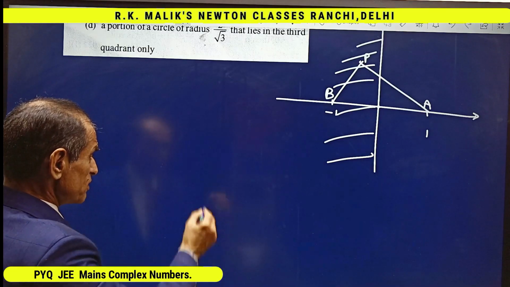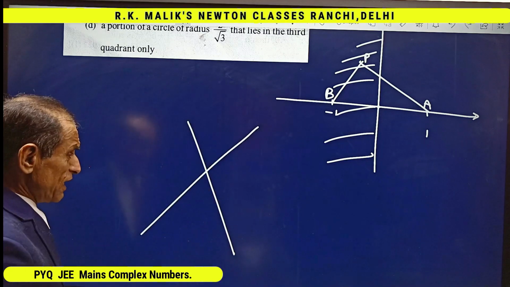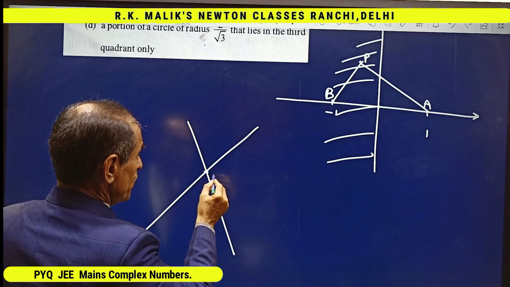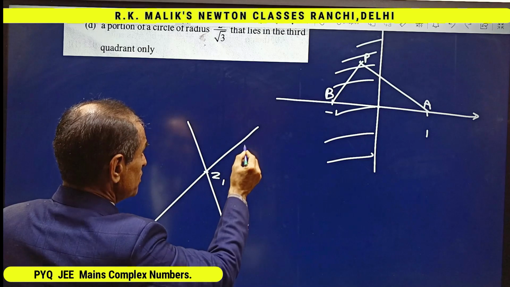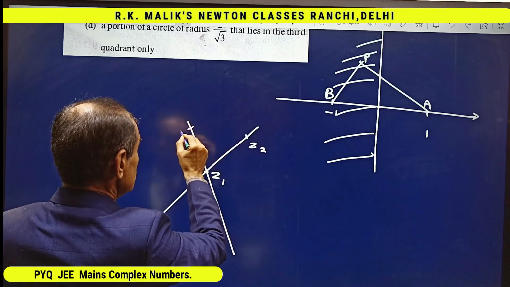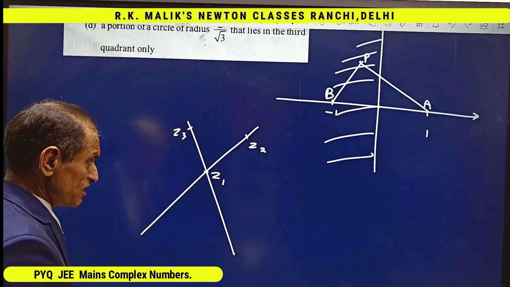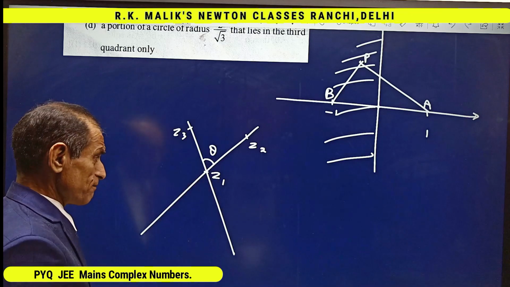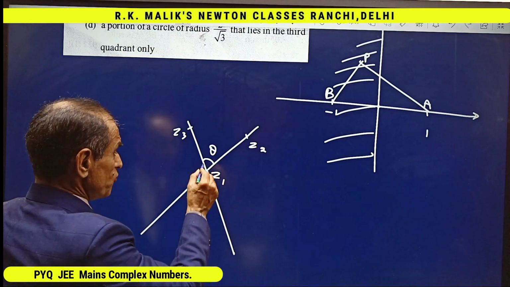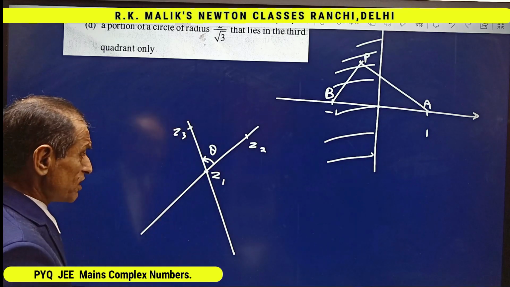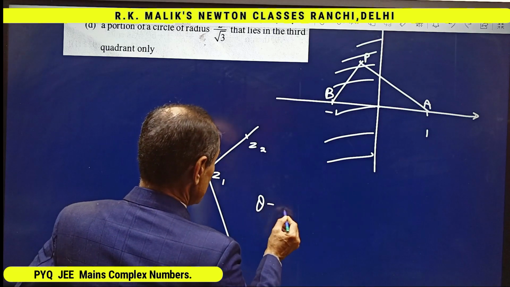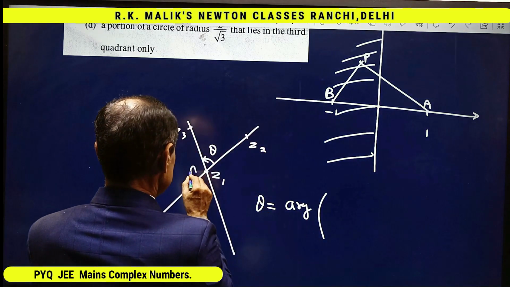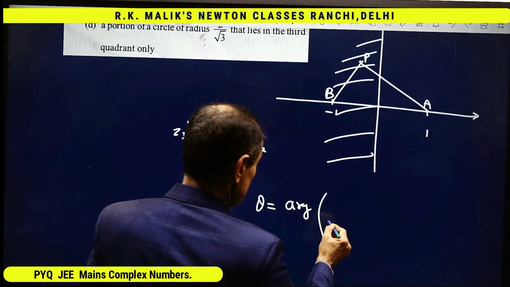And to understand the other part, first of all, let me explain this concept. Suppose these are two lines and the point of intersection has affix z1. This point has affix z2. This is the point having affix z3 and this angle is theta. Suppose you have to find the angle theta. Then for finding the value of theta, first of all mark the anti-clockwise direction in the angle. Then theta is equal to argument of, say this is a point A, this is a point B, this is a point C,